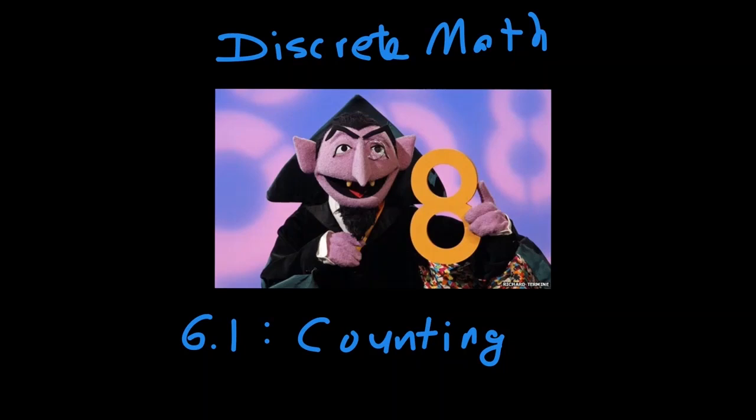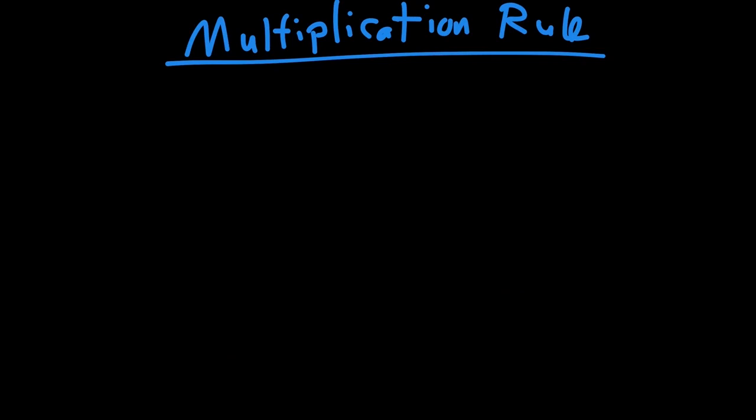Section 6.1 is on counting, and there's the count because Sesame Street's awesome. Okay, we're going to start out with something called the multiplication rule, and the easiest way I think to see